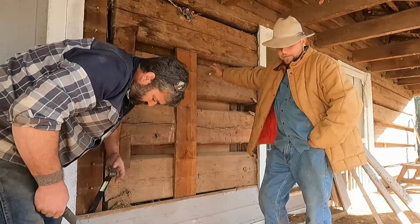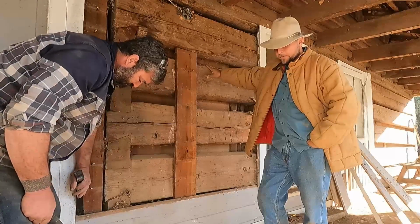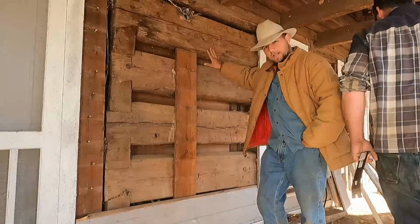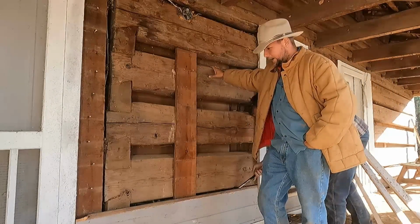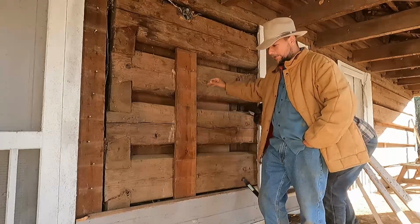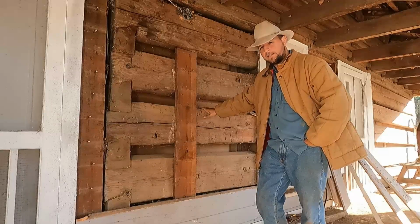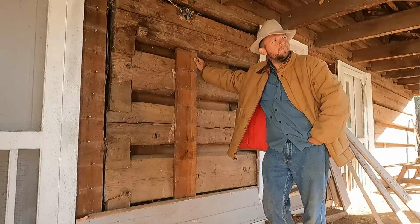So, anyway, when this house was first built, there was a story that was told by a fellow that was considered a local historian, and he said that when the first log cabin was built in Harris County, which we're standing in, at night you would see the Creek people looking through the cracks in the logs at the people that were inside, or the people inside of the cabin could see the Creek people looking through the cracks in the logs at them. So it's just interesting. And it definitely lends a lot to it when you see how